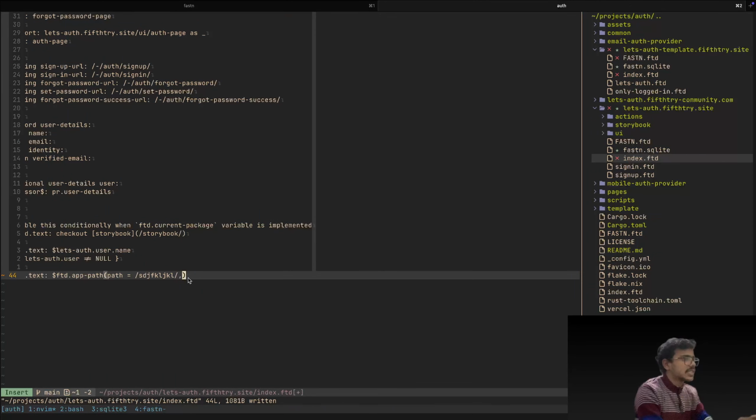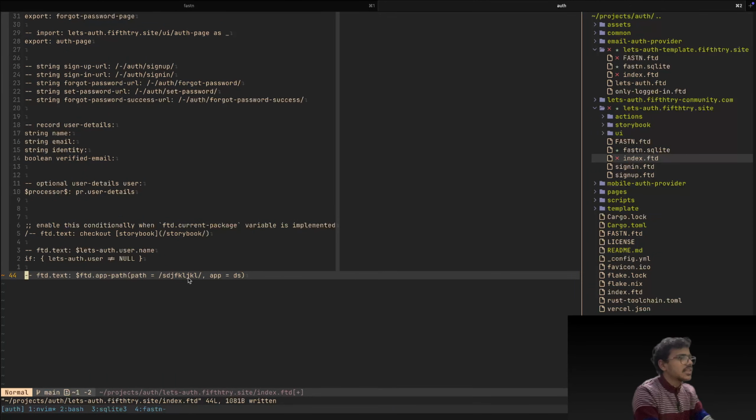So let's say in this case, before creating this link, I wanted to know if even ds is mounted in your app before you mount this package or not. Basically, oh, sorry, that is too much English that I got wrong. Basically, what I'm trying to say is, if you want to know before constructing this link that ds is mounted or not,